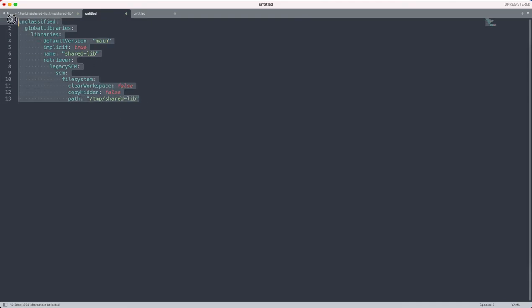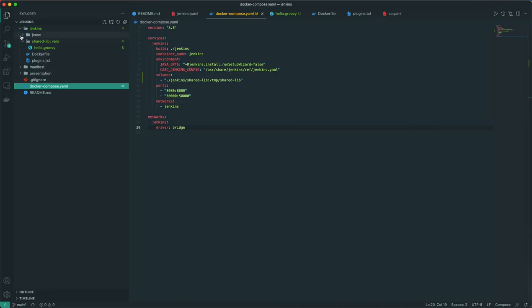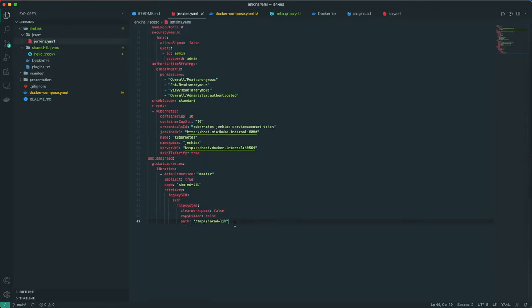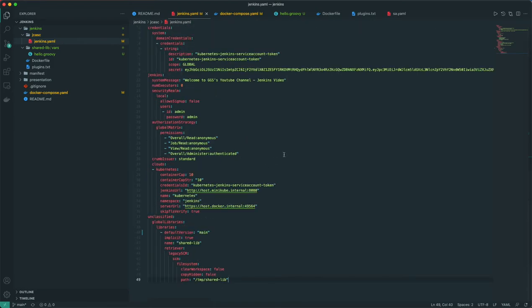So let's copy this one. This should be in our Jenkinsfile. Okay, I think I already pasted this one, so I am pasting it with this. Now let's bring up our Jenkins.